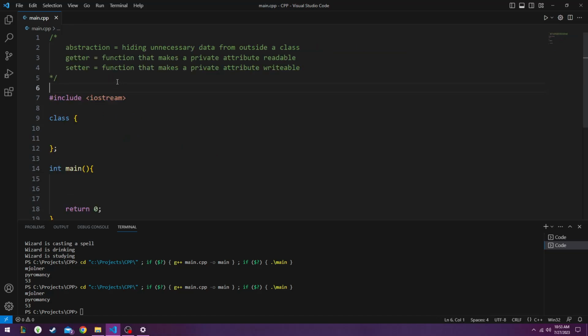So within object-oriented programming, we have a few more concepts. Abstraction, which is hiding unnecessary data from outside a class. We have a getter, which is a function that makes a private attribute readable. We got a setter that makes the attribute writable. So a getter is like,